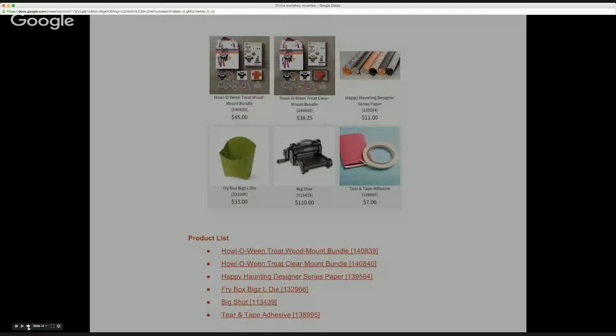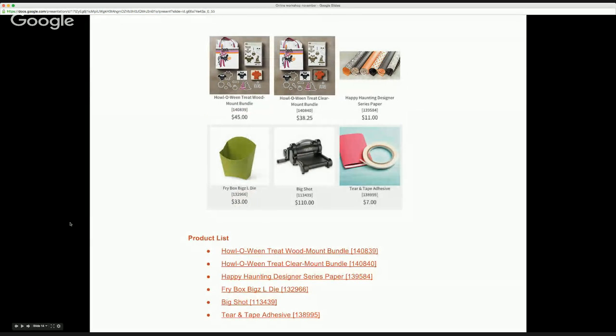Oh, here's the list of what I used. This is that little fry box die, and I really do like it. And I do like our new tear and tape adhesive. So let me go back here and figure it out. But somebody had mentioned